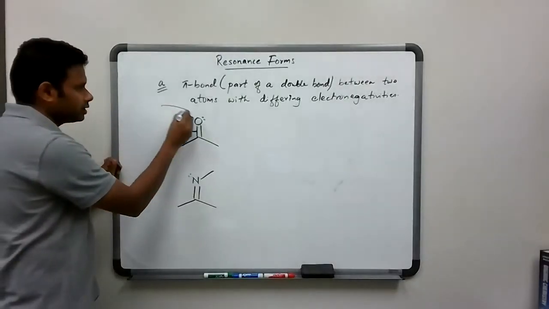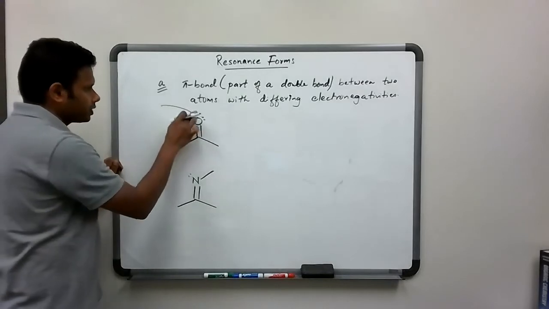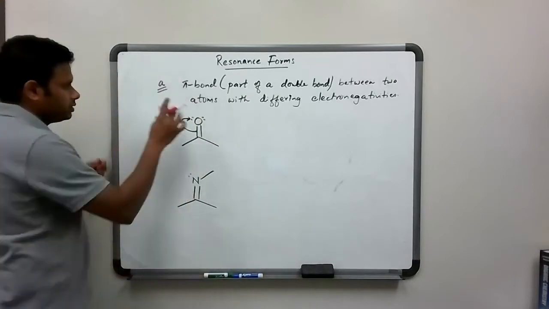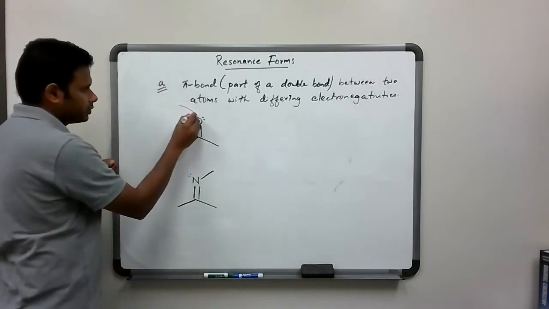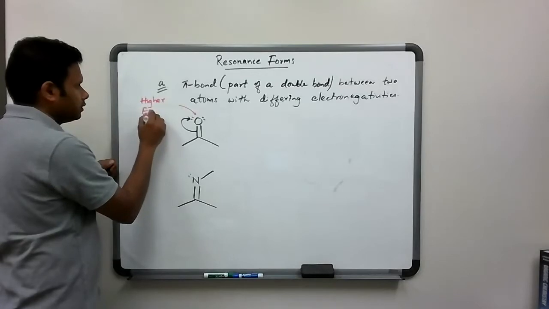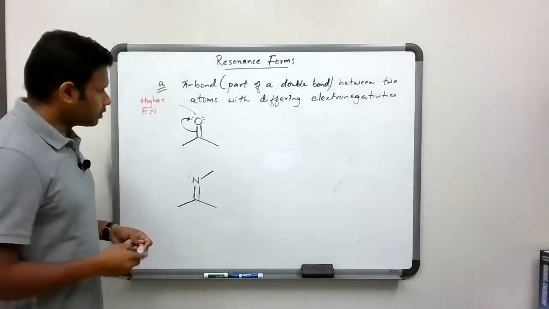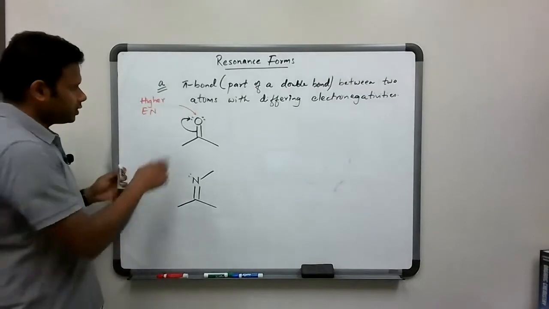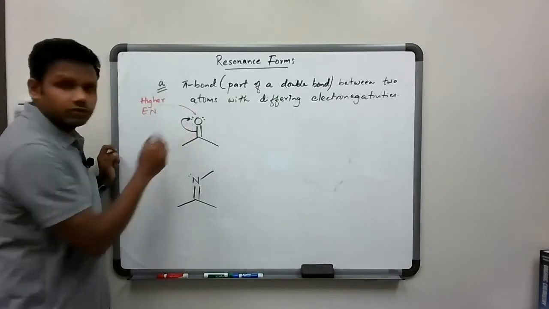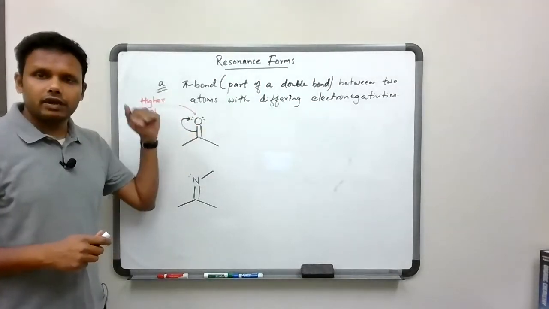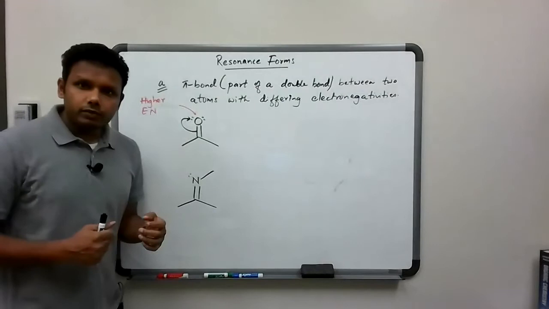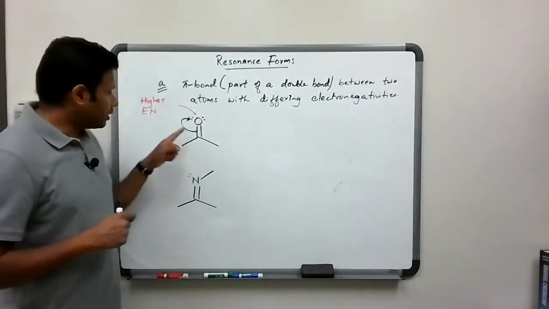So in this particular case, let me write it here with a different ink. I just want to label this for you, that this is a higher electronegativity. So oxygen has higher electronegativity, and so what we did is we took the pi bonded pair of electrons and transferred it to the more electronegative element. And again, just as a quick review, I want to talk a little bit about the arrows